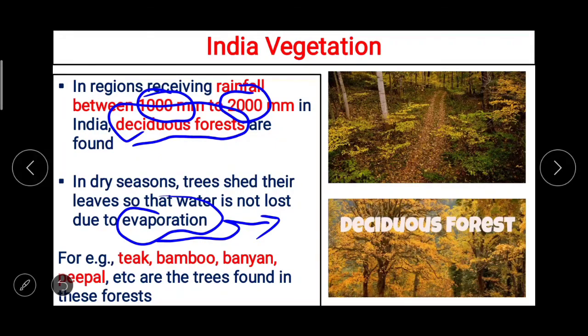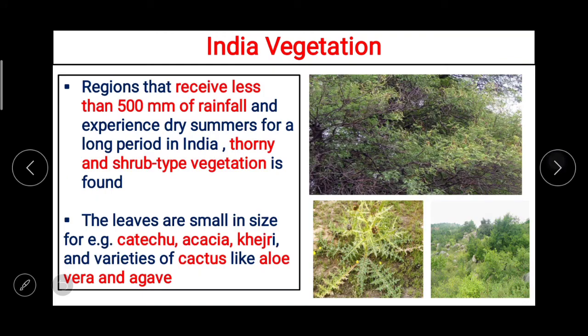तो dry season में पत्ते जो है यहाँ के इवेपोरेशन की वजह से उनका वाटर लॉस्ट ना हो, वो निकल ना जाए, इसीलिए ट्रीज शेड करके रखते हैं. इन दिस फॉर एग्जांपल टीक, बाम्बू, बनियान, पीपल एटसेट्रा आर द ट्रीज फाउंड इन दीज फॉरेस्ट. Now next one,